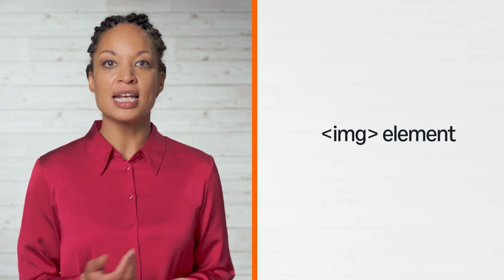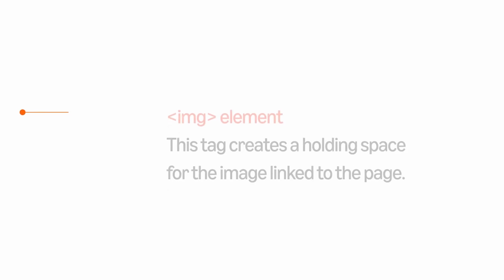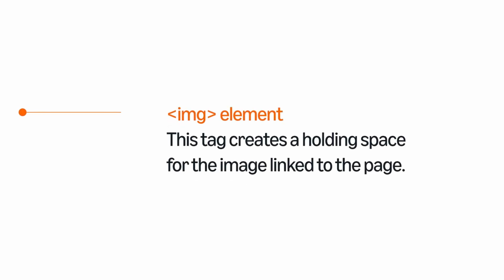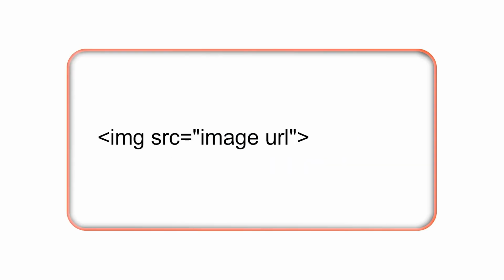Once you have identified an image that you want to incorporate into your web page, you need to embed it in the HTML document. You use the img tag element to do this. The img tag HTML element embeds an image into the document. This tag actually creates a holding space for the image linked to the page. This is the basic syntax for the img tag. Here,